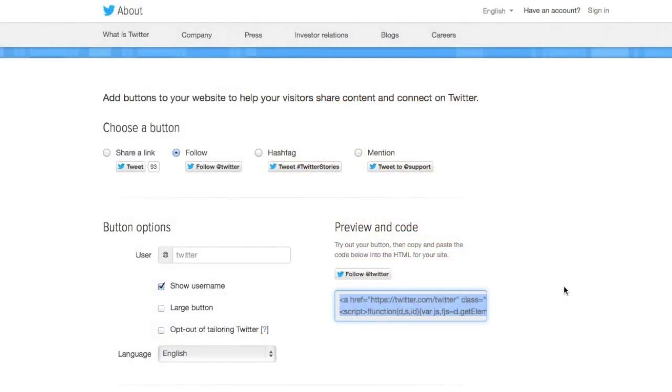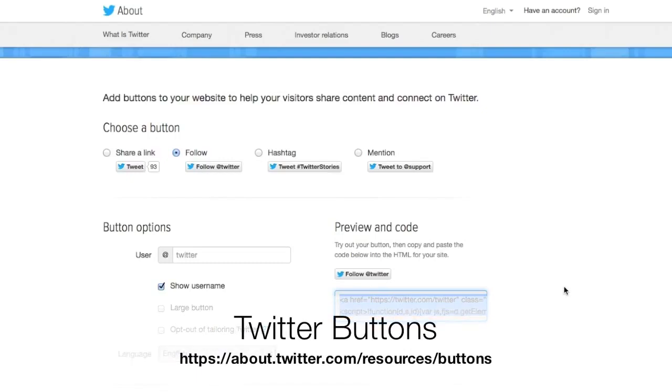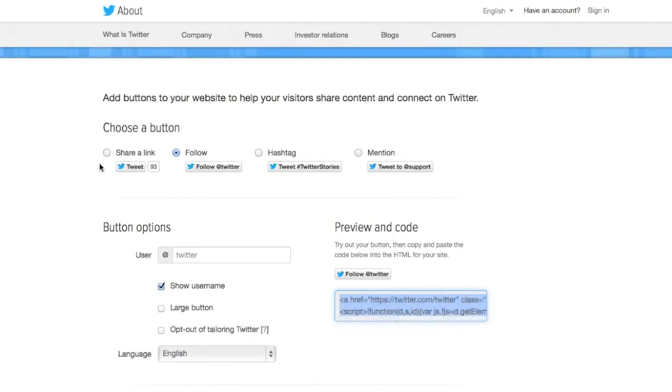So the text widget doesn't actually have to be simple HTML code like links or buttons. It can actually be much more than that. For example, what if you wanted to put a follow button to your Twitter in your sidebar? So all we're going to do is go into the resource section of Twitter, and we're going to find this button option. So there's many different options that we can have. We can either follow, tweet, or mention, and all we're going to do is find the Twitter code, and we would enter in our user, and we could select a bunch of different options for how we want this to actually display. So say we have the options that we want, all we're going to do is copy that over,